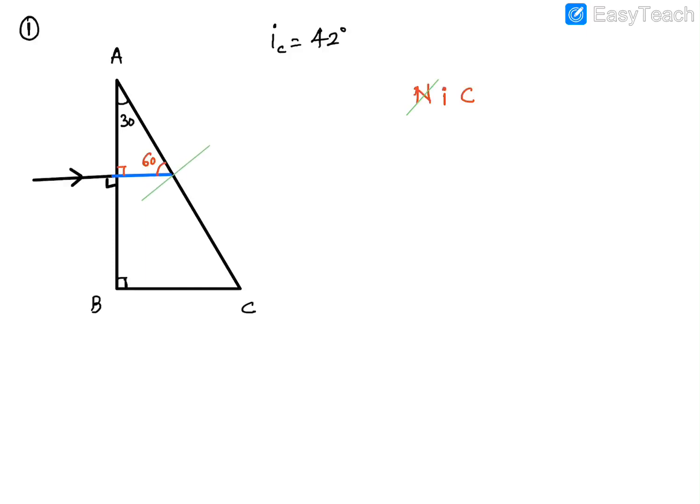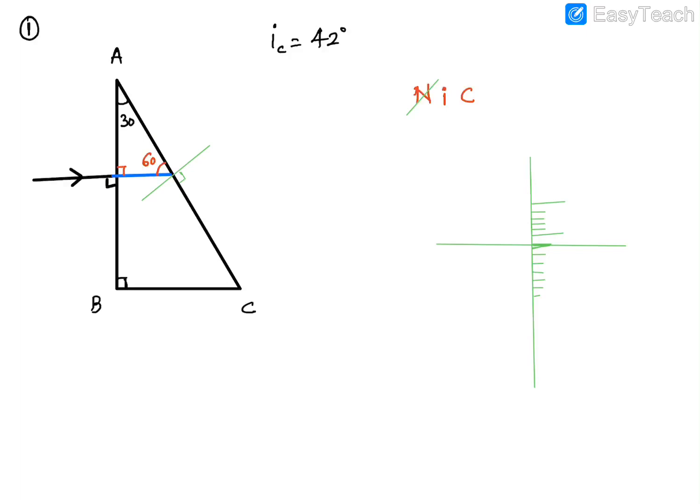Remember, whenever you're drawing the normal, it should make how many degrees with the surface? 90 degree. So keep your ruler properly. Let's say if this is the paper and this is the line, the surface, you keep your ruler. The ruler has markings on it. Let one of those marks coincide exactly with the surface, so that you will get a perpendicular automatically. You don't need to use a protractor for it.